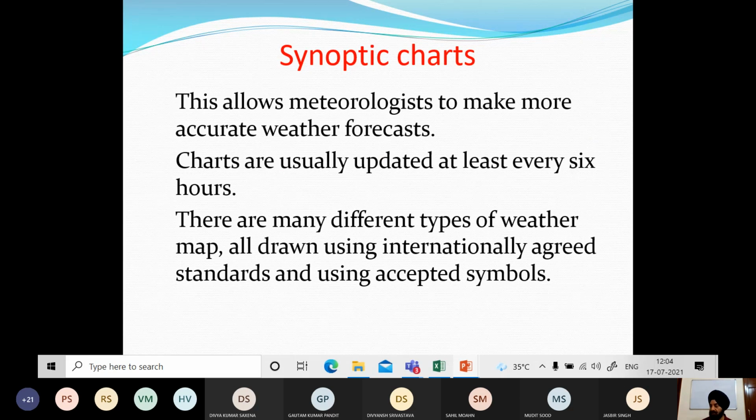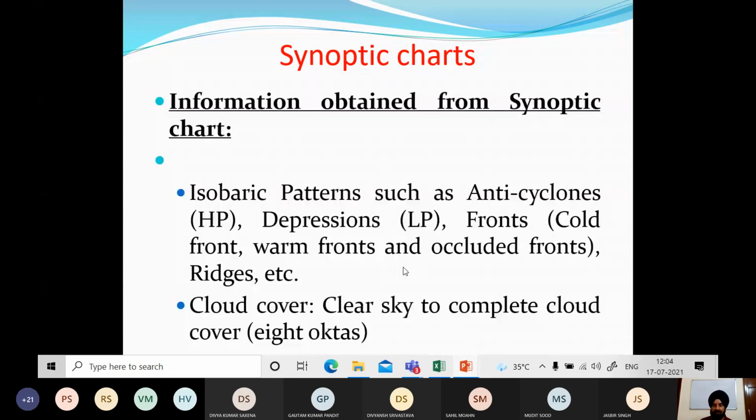Charts are usually updated every 6 hours, and many different types of weather maps are drawn, usually following internationally agreed standards. ये भी नहीं है कि सबने अपनी भाषा में. These are all on the international level. International symbols are used. So information obtained from the synoptic charts: isobaric patterns such as anticyclones, depressions, fronts, cloud cover,